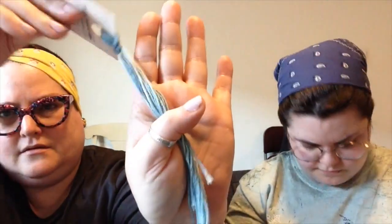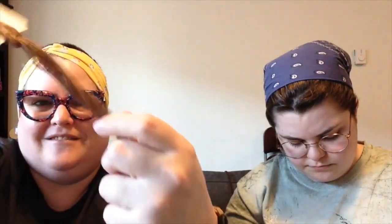This is I'm All In, this gorgeous cornflower kind of blue. And then there is In Omnia Paratus, which is a variegated blue. There is Monkey Underpants, which is brown and kind of a cream and blue. And then there is Coffee, which of course is a lovely brown. And then all those colors